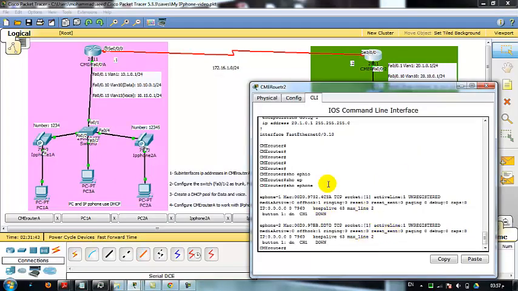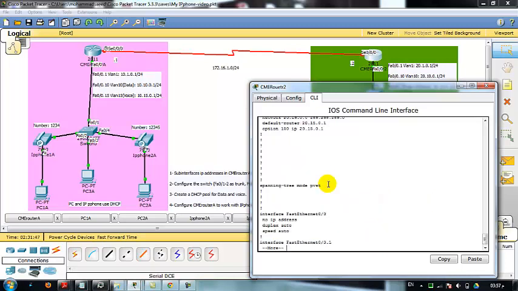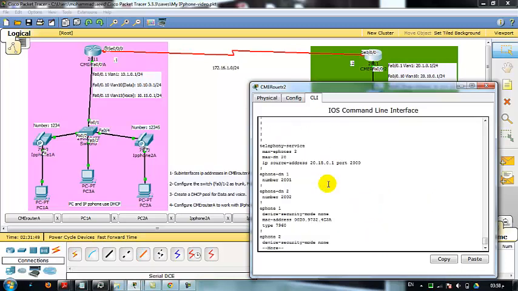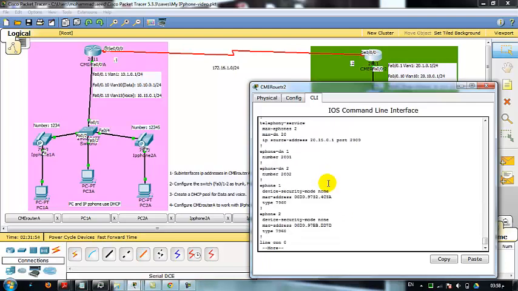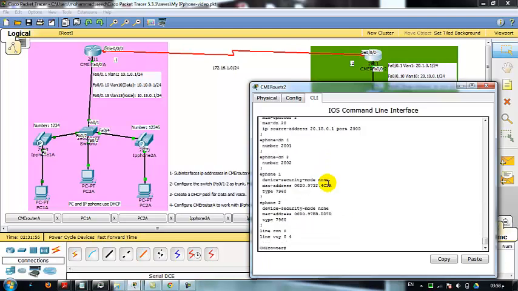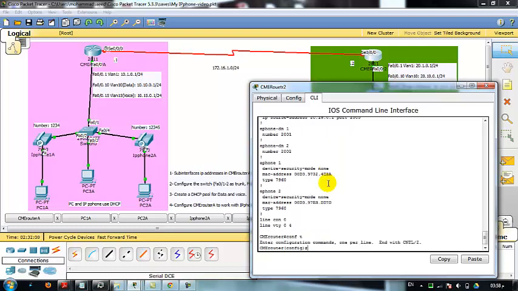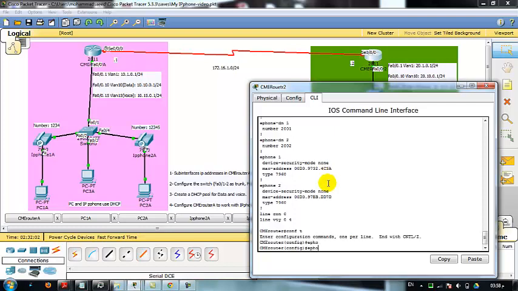They are down. We just want to configure why they are down. I don't have the button here, so I want to go to the conf t and ephone